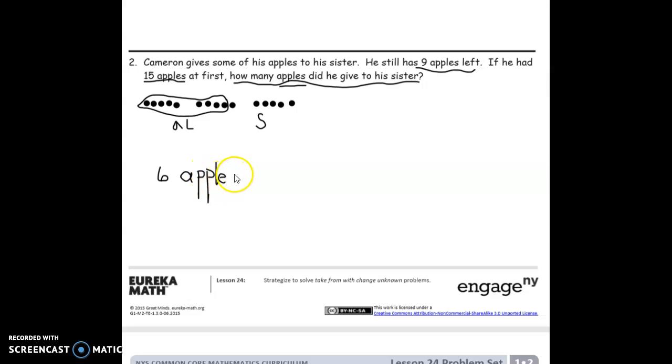Six apples. Now we can't always copy all the words that we see because it would say 6 apples did he give to his sister. We need to make that a sentence, a statement. I want you to tell me, how many did he give his sister? 6 apples